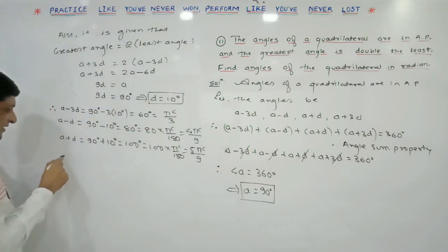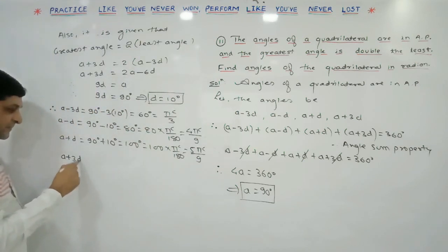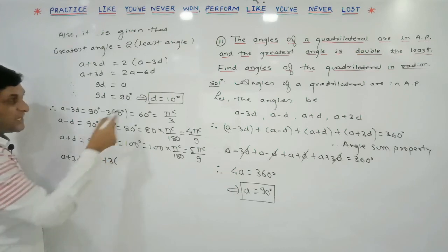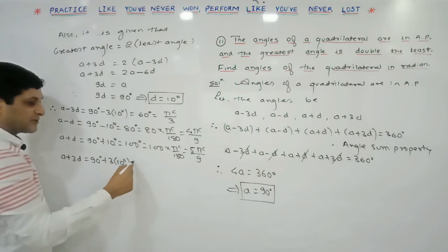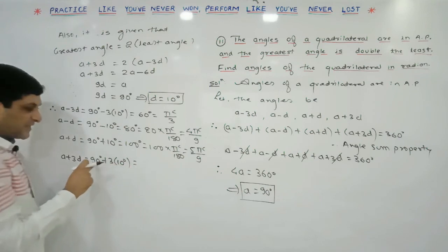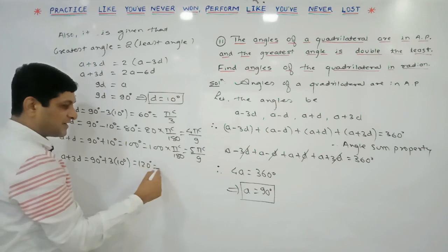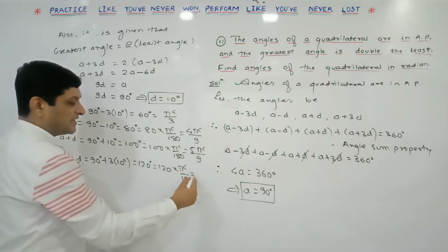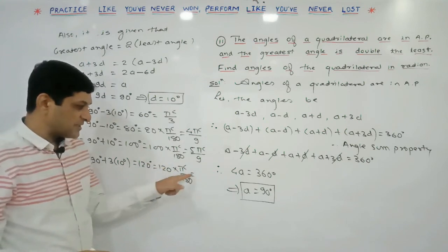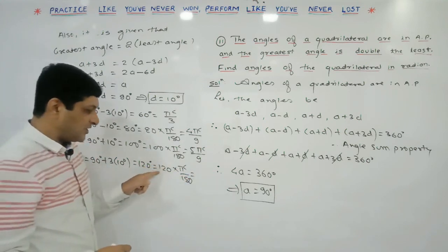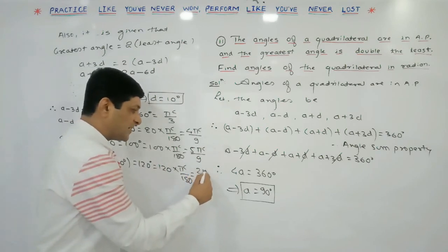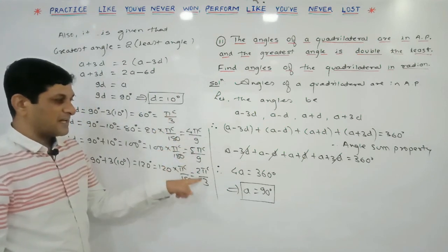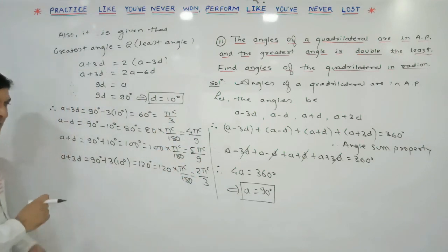Lastly, let us find the value of A plus 3D. Again substitute the value of A as 90, 3 keep as it is, D we are replacing by 10 degrees. So here 10 into 3 is 30, 30 plus 90 is 120 degrees. Again convert the degree measure into radian measure, so multiply by pi by 180. Here we can observe that both these numbers are divisible by 60. 2 sixes are 12, 3 sixes are 18. So what result are we getting? 2 pi radian upon 3. In this way we have got the 4 angles of the quadrilateral in radian.